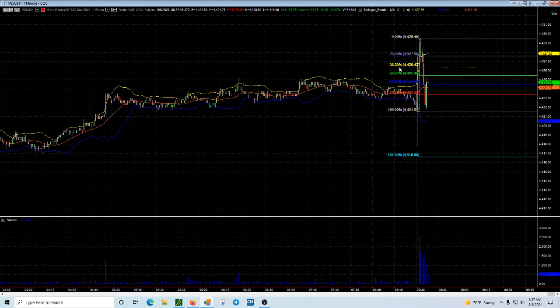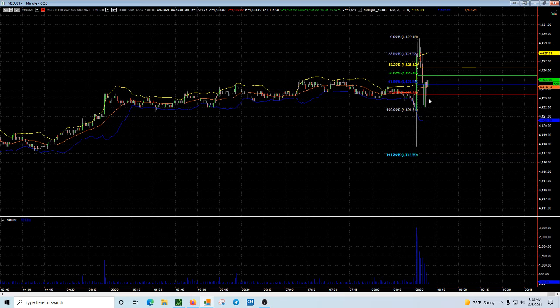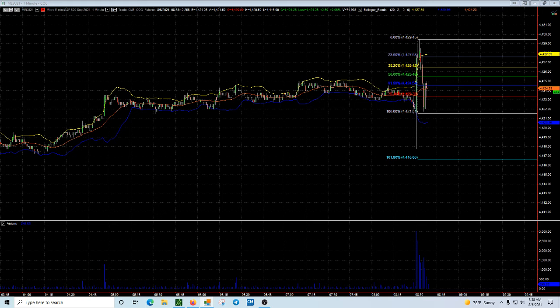Once I saw it break to 38, I only took it for a little bit. I didn't sit here and ride it the whole time. Just takes it for bits and pieces. Now I'm pretty much done, at least for this event. I'll get back into my regularly scheduled trading here.